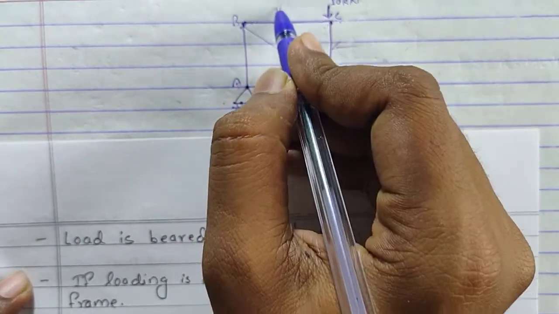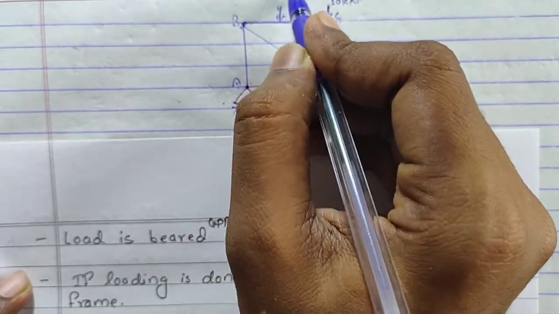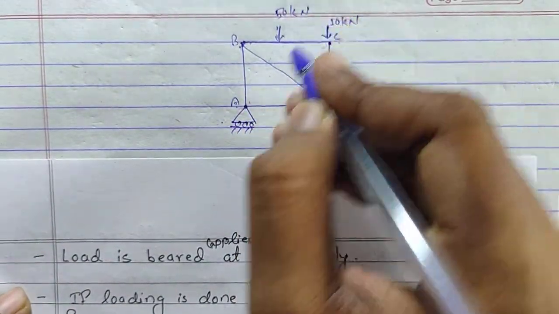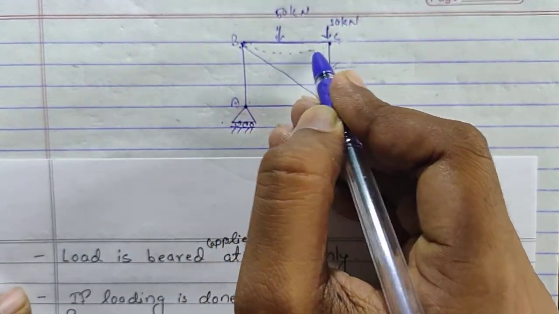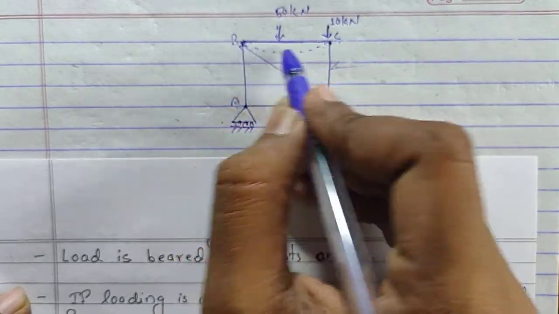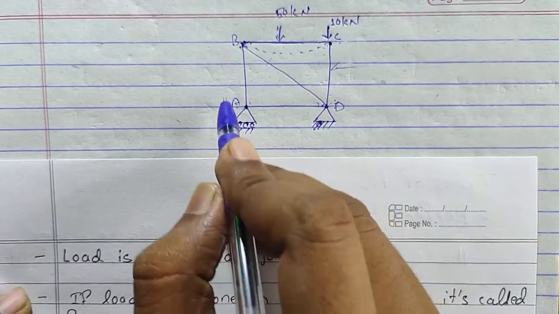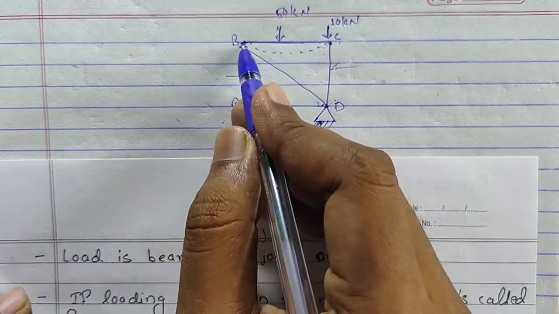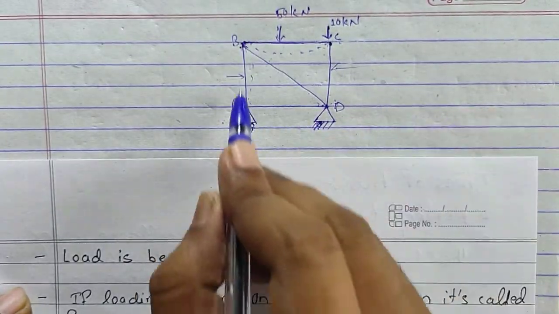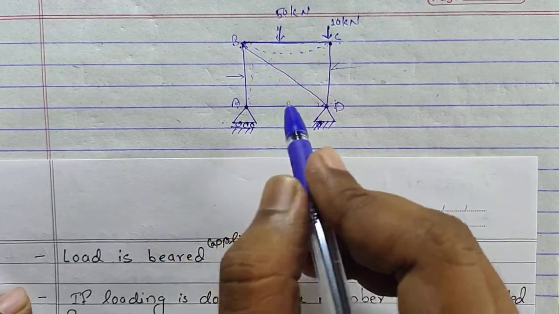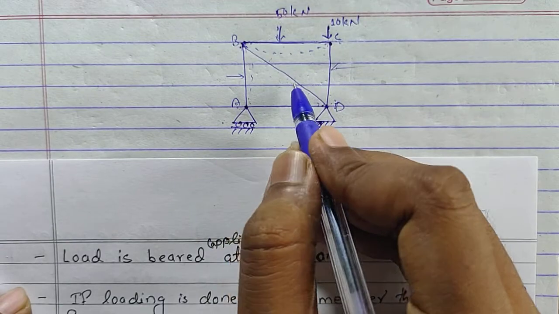Suppose loading is applied here as 50 kilonewton, then there will be some bending which will turn the member BC into a curved portion. Similarly, if we apply loading here, then it will get turned like this. That's why in such a case the given diagram or object will not be called a truss,